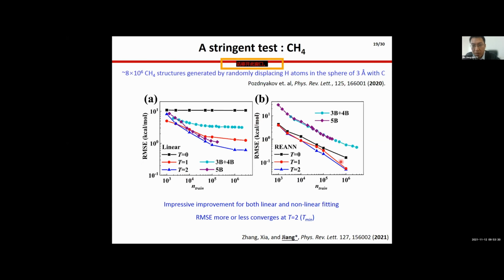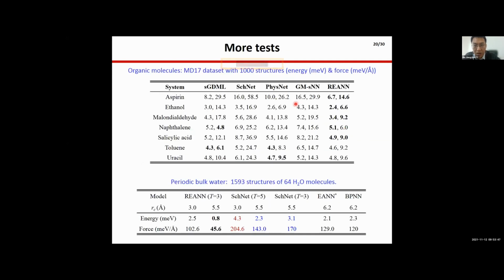On the right, we show the full neural network models that, with t equals 2, already converge in terms of the fitting error, and it's much better than the original 2-body and 4-body descriptors. And our model is also tested against the molecules and also the